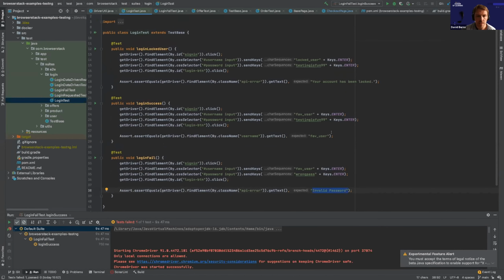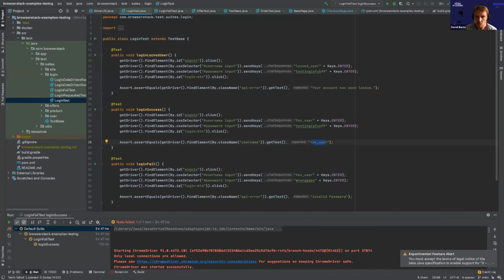When it passes, we make sure that the area that has our username after you've logged in is using the right user. Or if we try a user that has had too many account logins, that we get the right state. This is how most people do it, but in this case, we're not really testing a full end-to-end workflow. We're just testing these key parts of a website, and we're going to be testing against